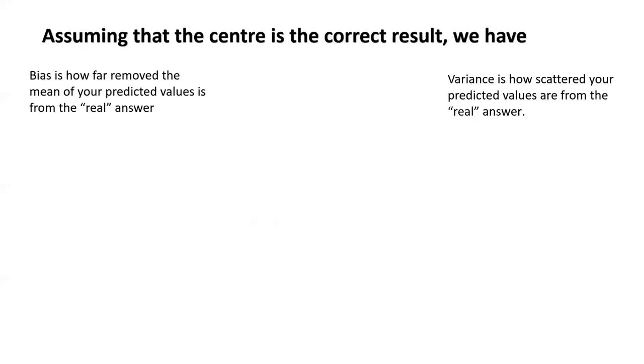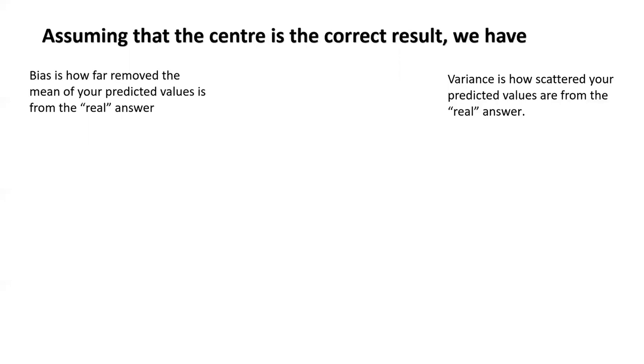Let's look at bias and variance. The basic challenge we face while dealing with real world data is overfitting and underfitting of the data in your model or the regression. Bias is how far your predicted values are from the real, and variance is how scattered or spread your predicted values are from the real one.